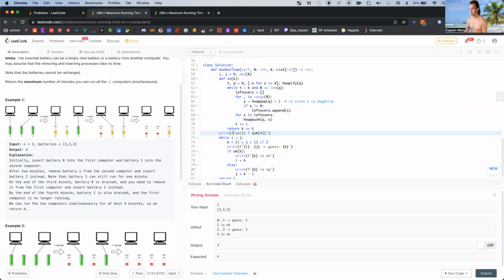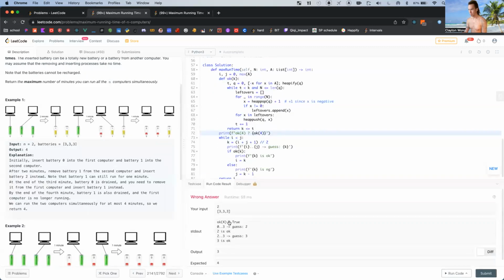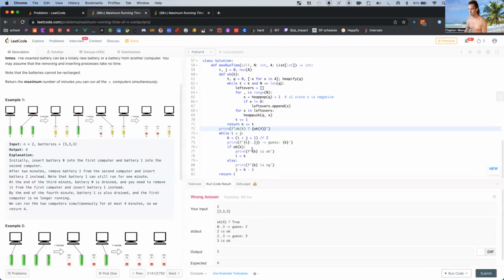Oops. If it's not okay. Oh, it is. It's true. What the heck? Okay. Which is not okay. And we have to make it smaller.